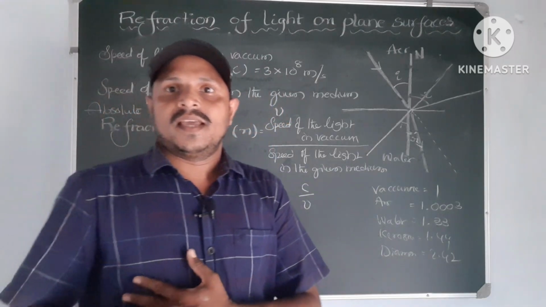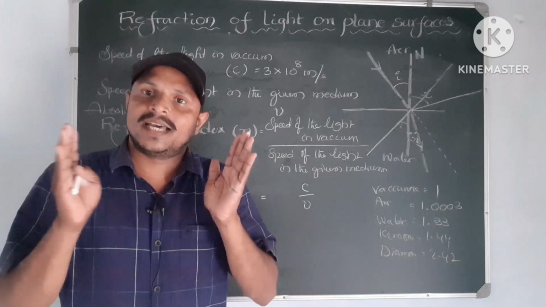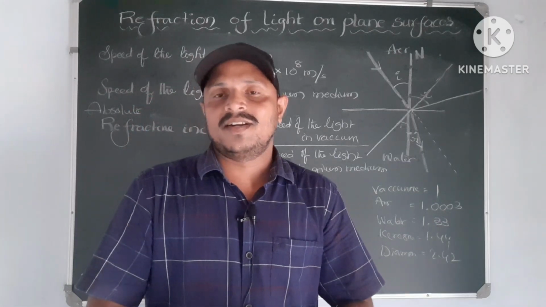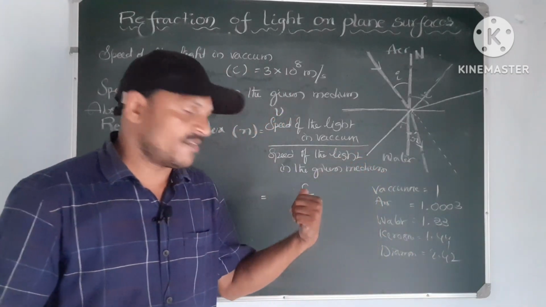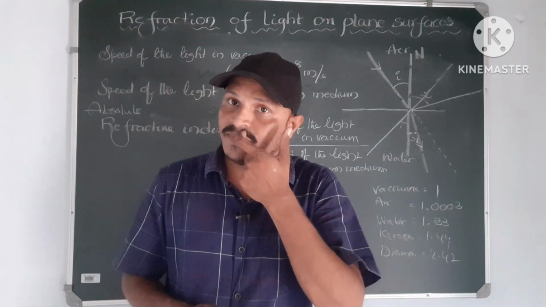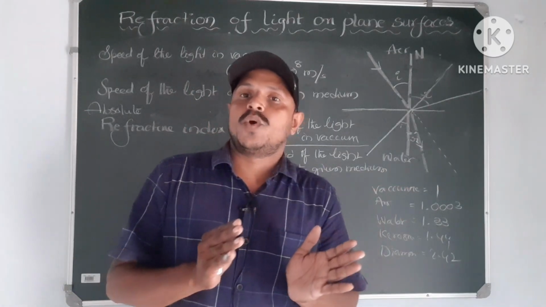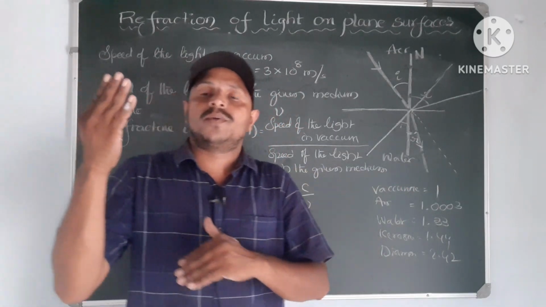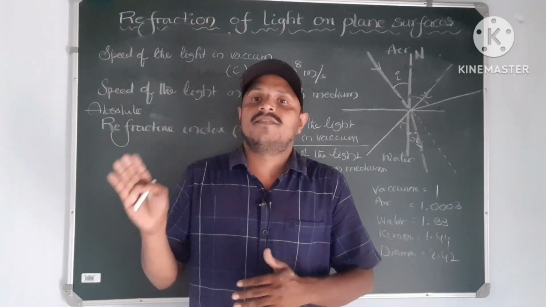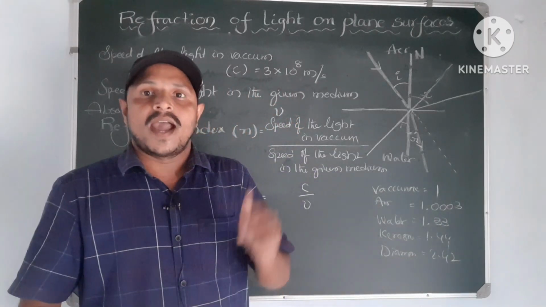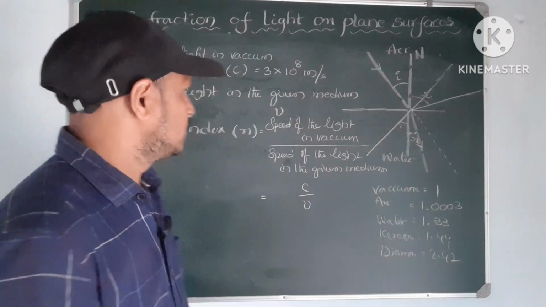And next we'll learn about relative refractive index. So this is the absolute refractive index. Absolute refractive index means the ratio of the speed of light in vacuum to the speed of light in the given medium. And relative refractive index,